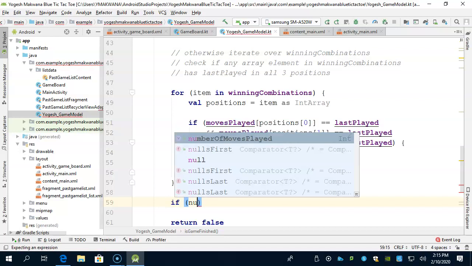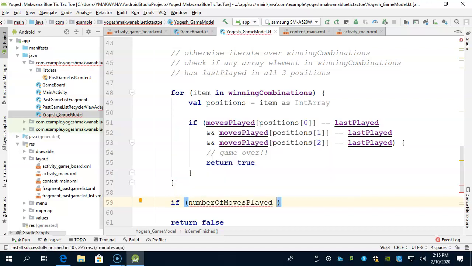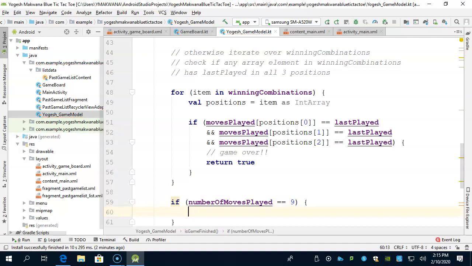If number of moves played is equal to 9, then the game ended in a draw. Now there are various ways we could communicate it, because when we call that is game over function from our view controller, we're just taking true false. So the game is over, but nobody won. So we could have another variable here that the game ended in a draw, or